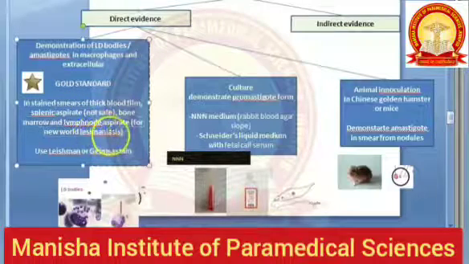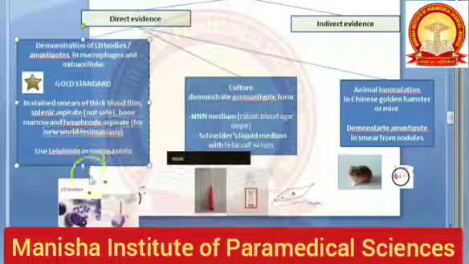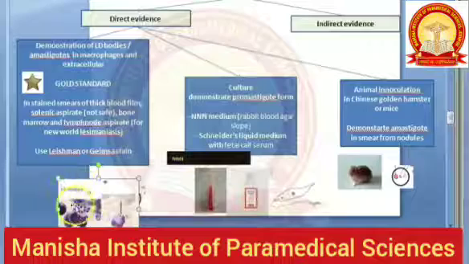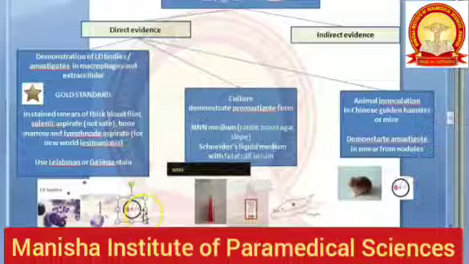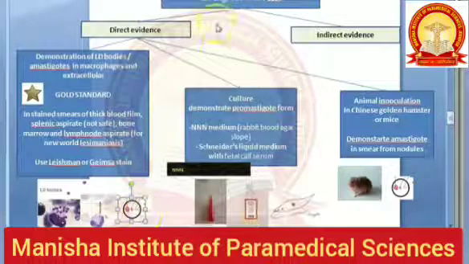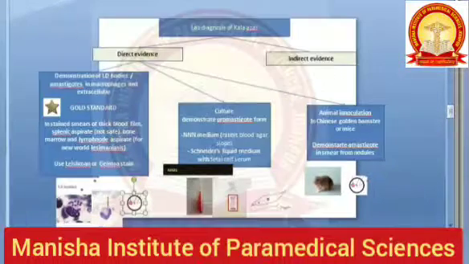Lymph node aspirate is usually used in new world leishmaniasis. You will use the Giemsa stain or the Leishman stain, and you will demonstrate LD bodies. What exactly are these LD bodies? They are the amastigotes of Leishmania.